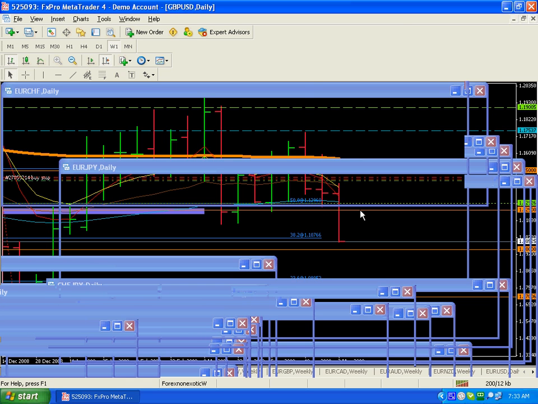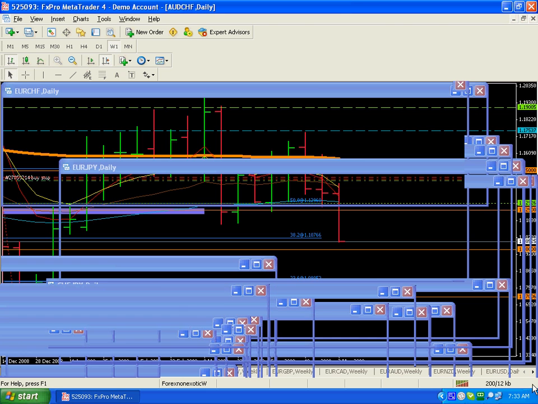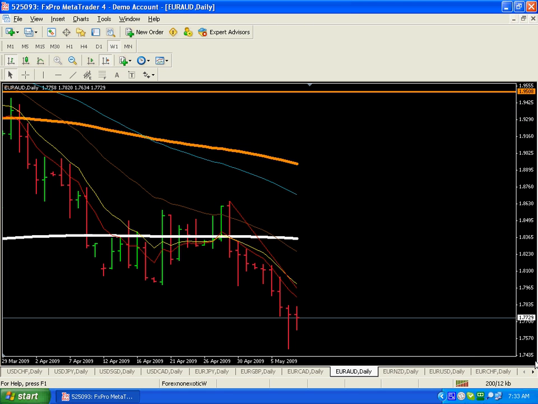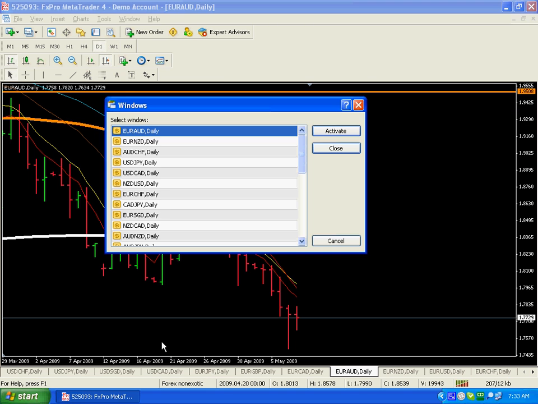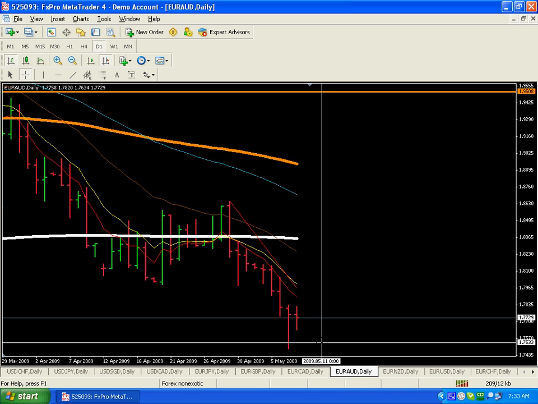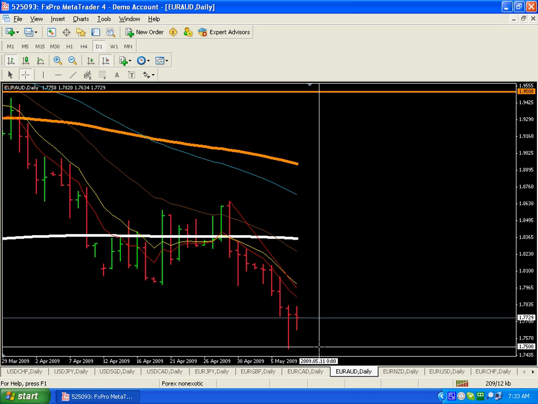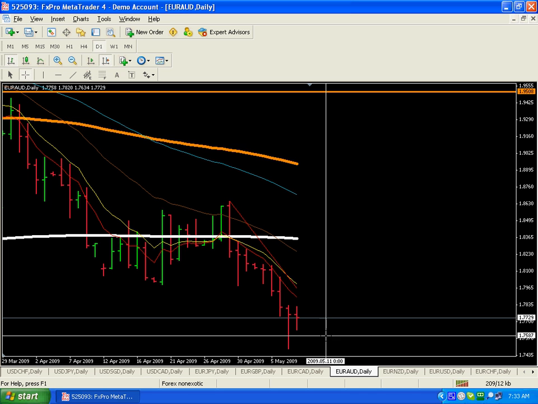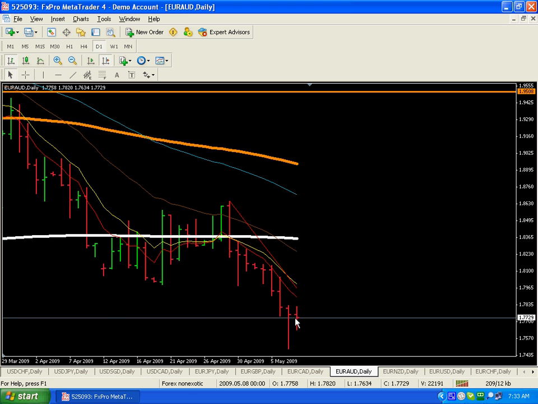Again, we have a Euro Aussie. Euro Aussie, we have a nice, very nice pin bar. Rejection of this low of 1.7487, which is actually 1.75. Rejection. The bar is right over the 1.75. It closed at 1.7756. You can take the bar from the high, give it about 15 pips above the high, and take it